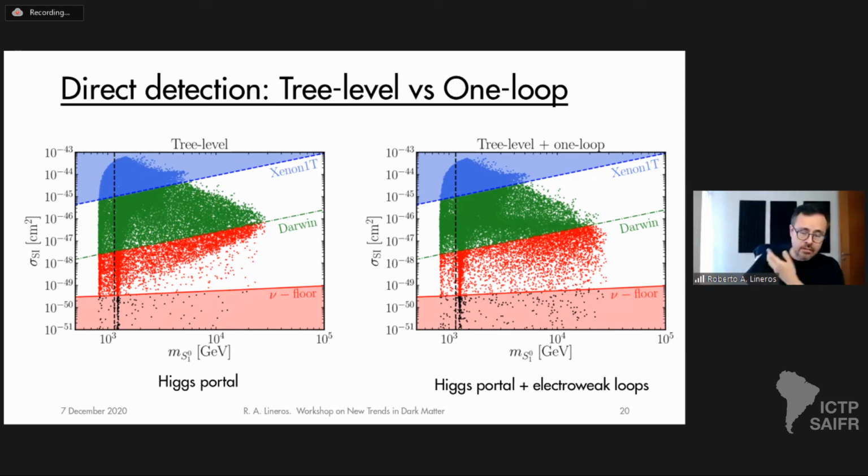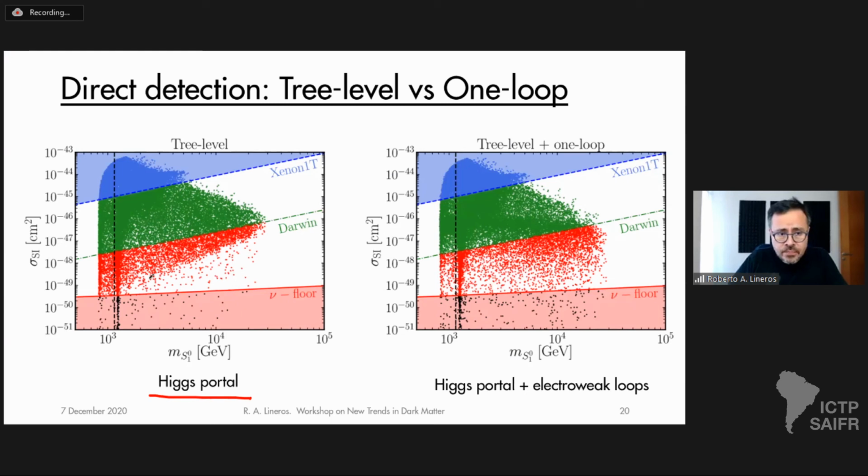So in this case, since the dark matter candidate is a scalar, there is first of all a tree-level interaction with the quarks via the Higgs portal, but also a large component related with the electroweak loops, with the connection via the Z and loops and so on connecting to the quarks. What is the nice stuff?